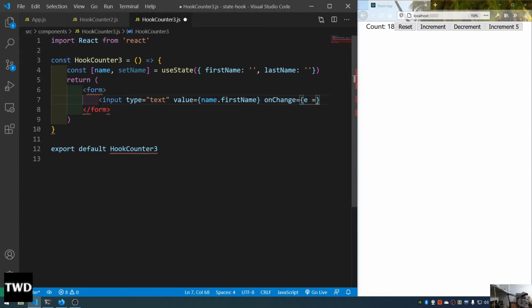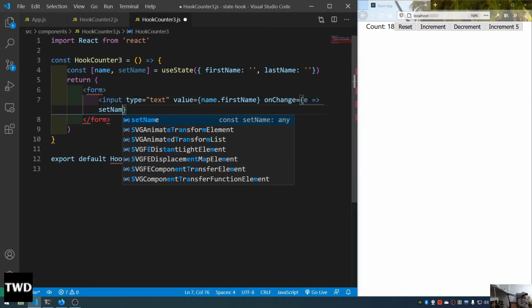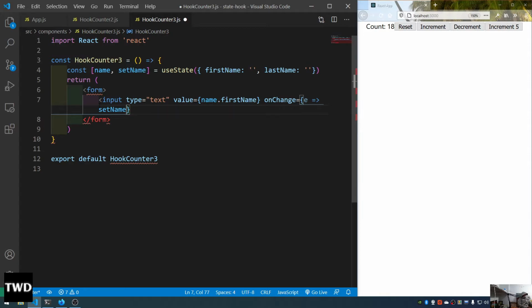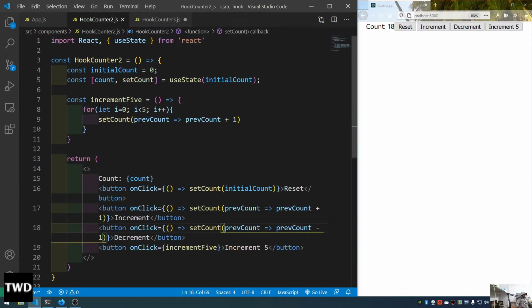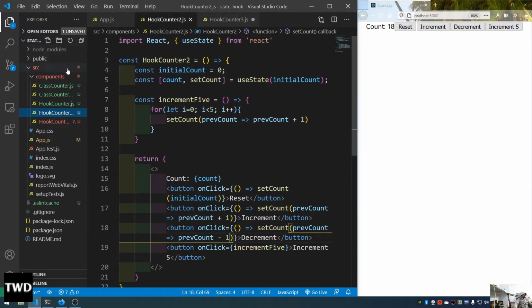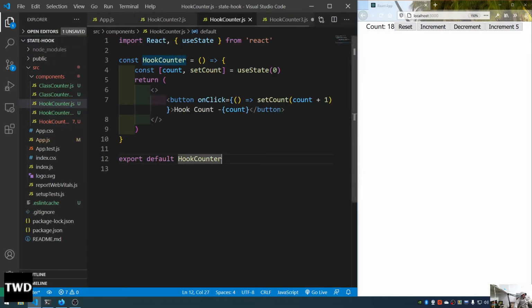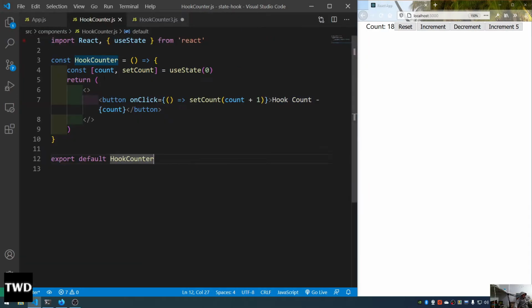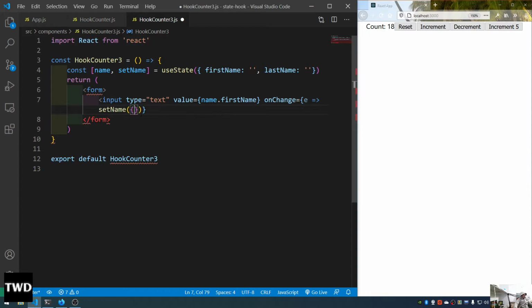So we could write a different function also, but it's better to write it here itself. setName, and because we have an object here, see, here we don't have an object and we can use it like this. Let me open a simple example actually. So we have done this count plus 1 directly, but here it is an object, so we have to do it inside an object. So setName, that object is there,